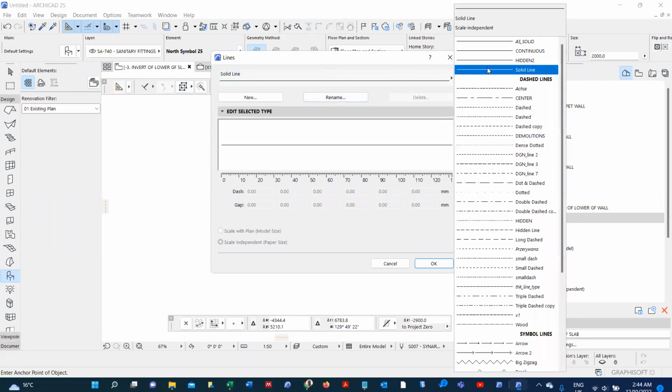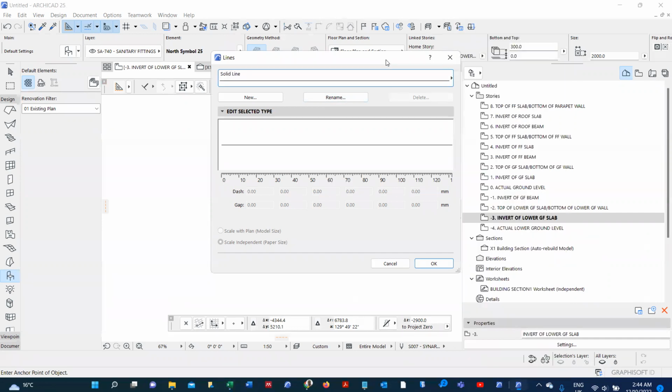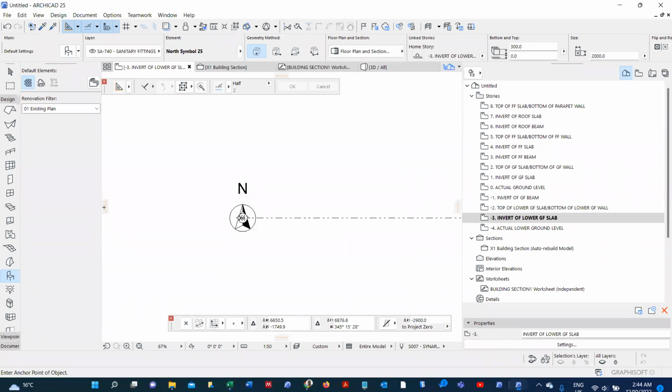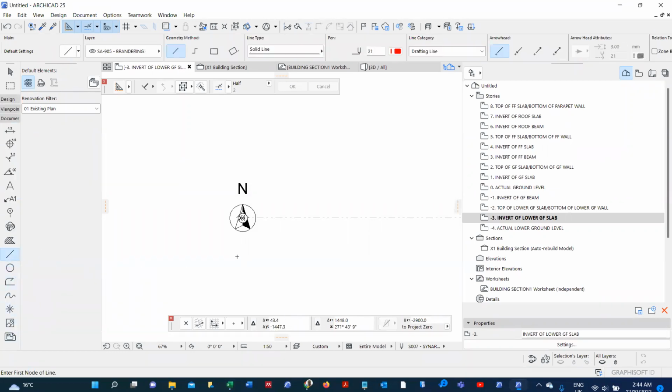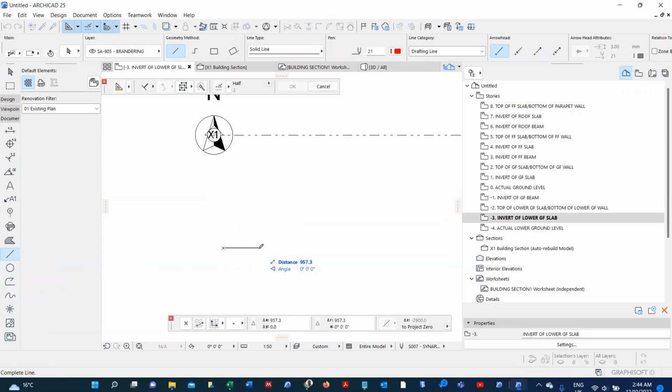Okay, as you can see, my template has various lines, but I want us to learn the process of creating that line. Suppose I want to create an arrow line. All I need to do is to draft it, because you have your basic solid line. So if I draft, let's say I want an arrow line,